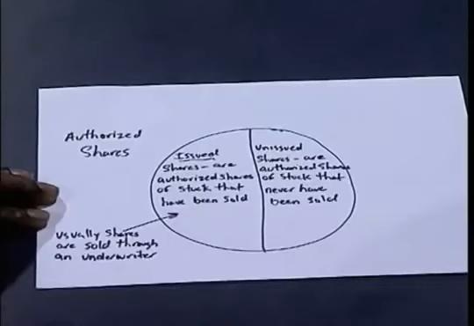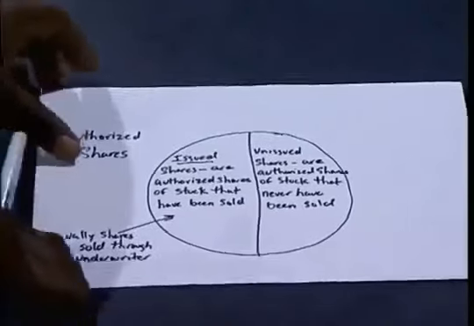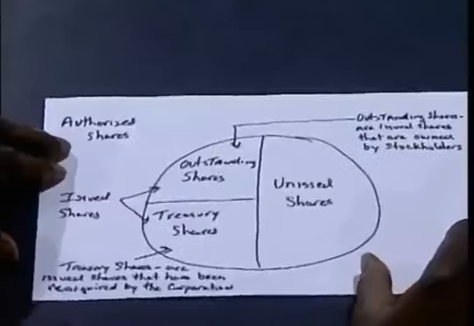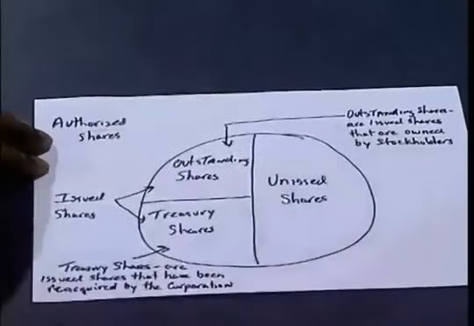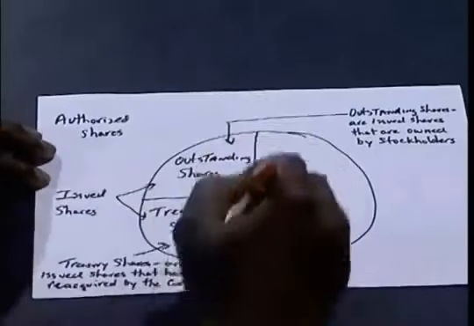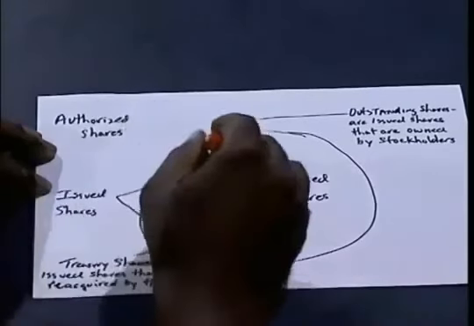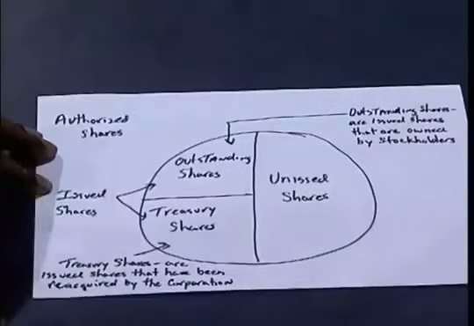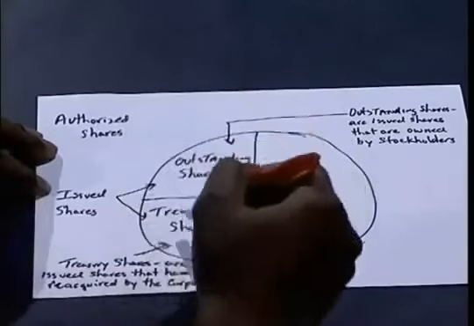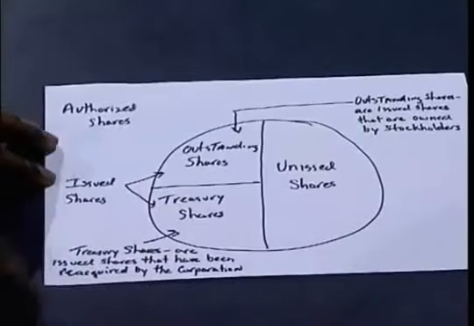Usually shares are sold through an underwriter. Now, let's come back to this again. Let me show you something here. Once again, we're talking about the total authorized shares. Now, you can also have what they call outstanding shares. Outstanding shares are issued shares that are owned by stockholders. Then you have what they call treasury shares. Treasury shares are issued shares that have been